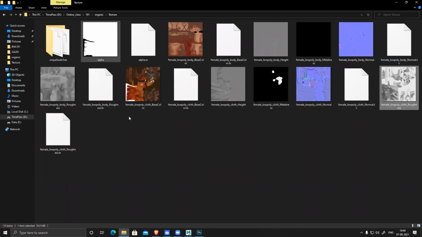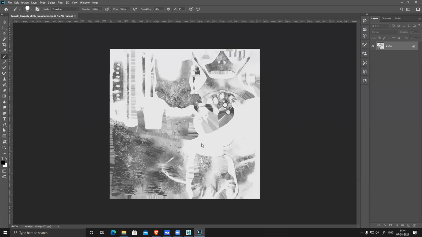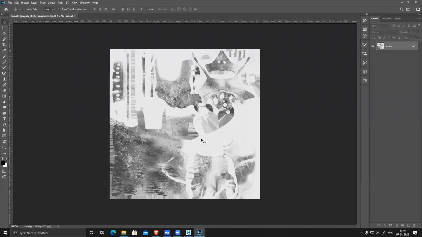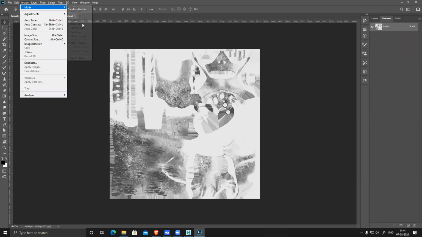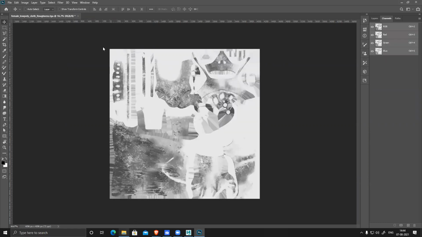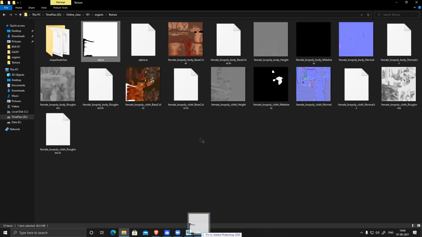And alpha. Oh, it's indexed color. It's going to change the mode to RGB.